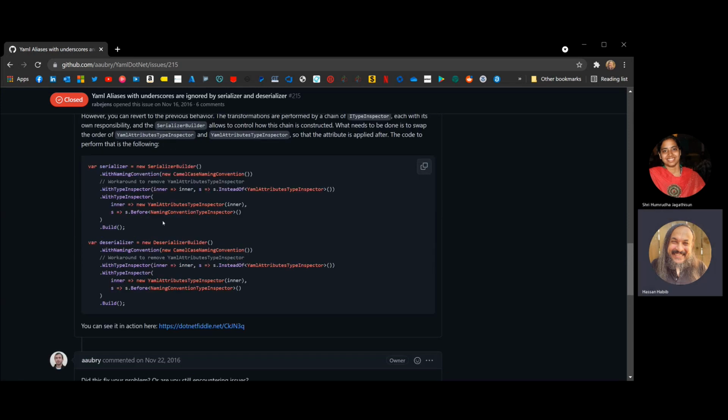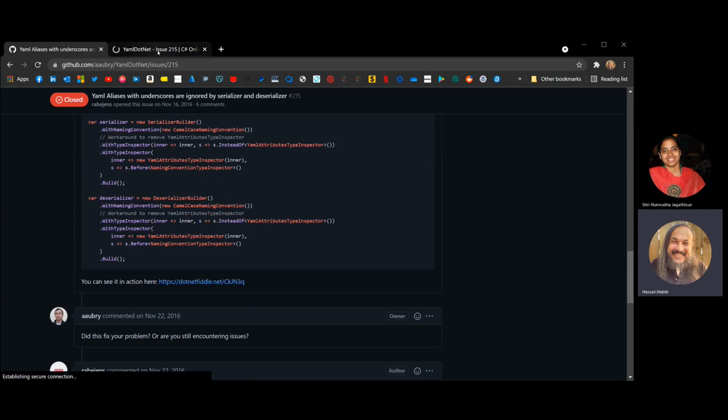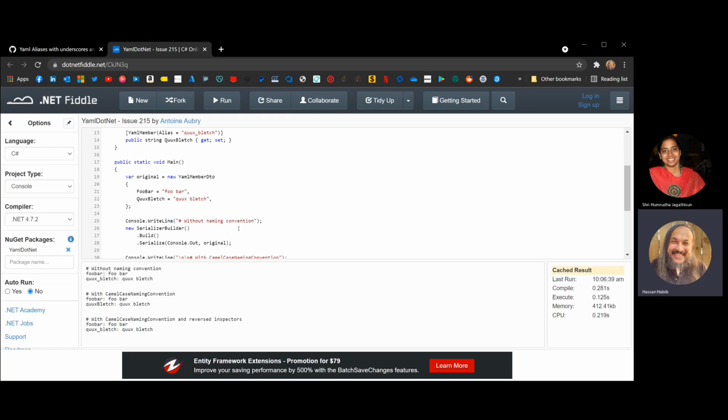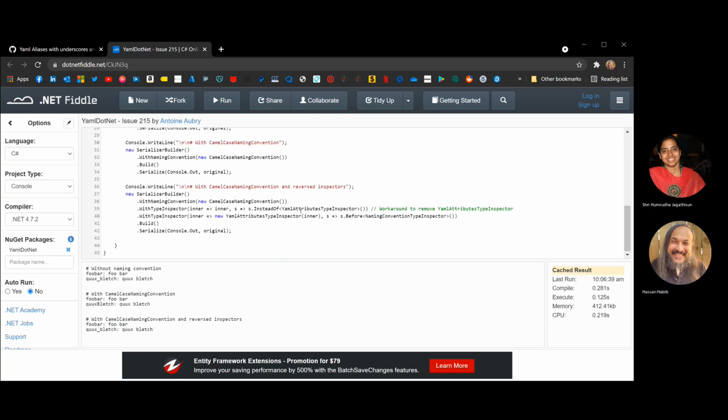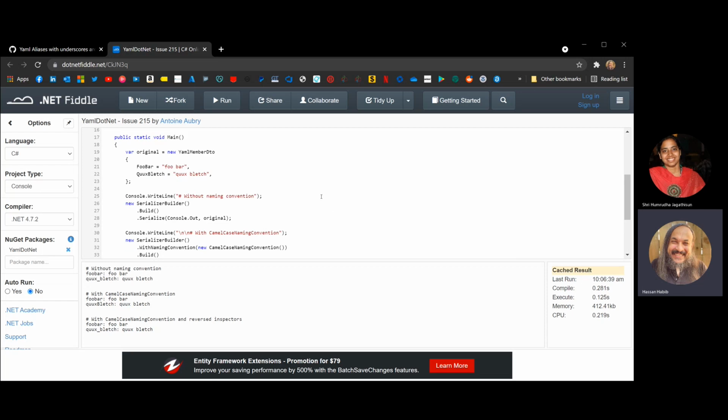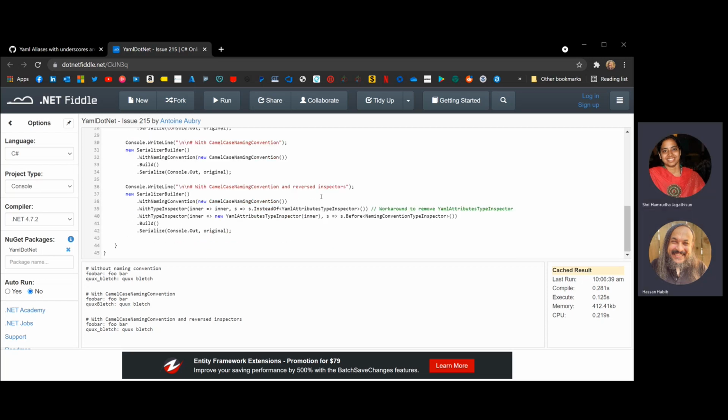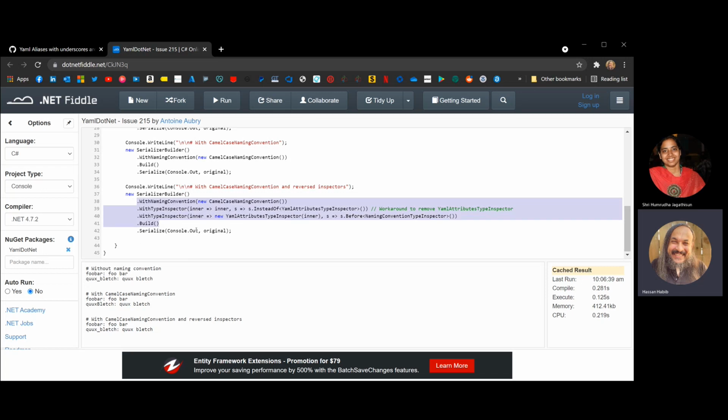So this guy here went and said we need to fix the serializer. And the serializer itself, I think he might have built his own kind of serializer because he's producing this. So what did he do here? Serializer builder with type inspector inner, with camel case naming convention, and reversed inspectors. Any chance you know what this reversed inspectors mean? Nope. Okay, I'm gonna steal this guy here,